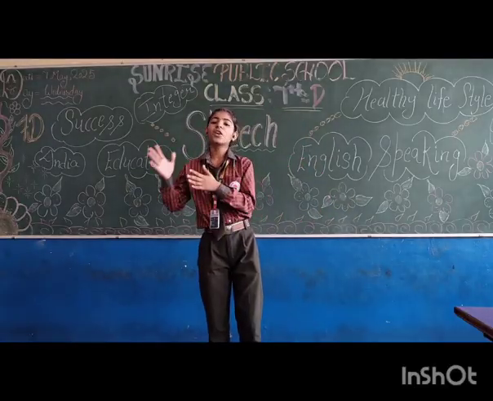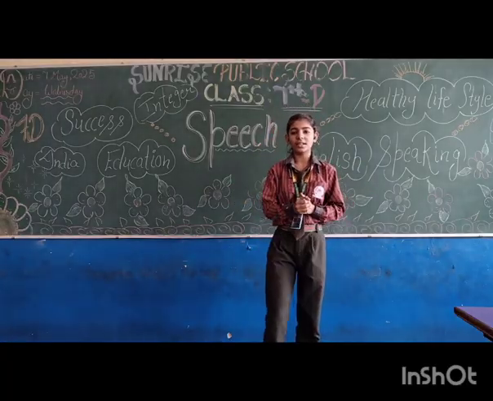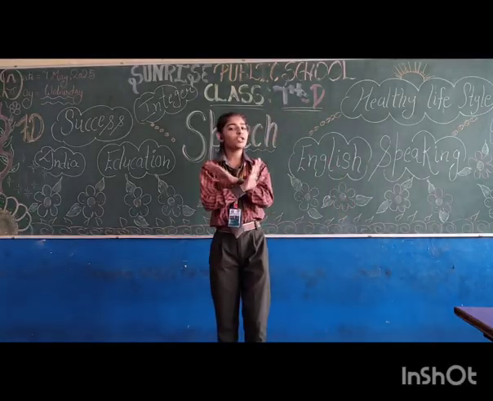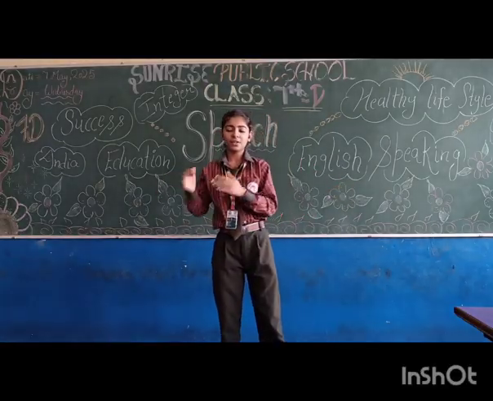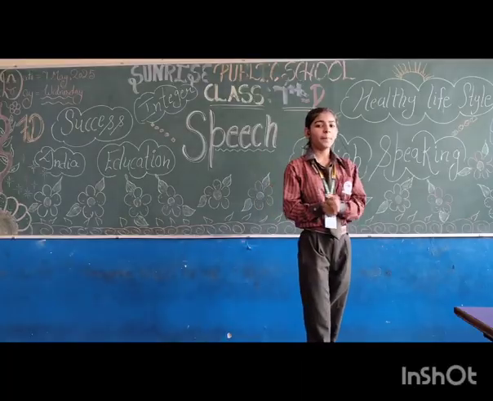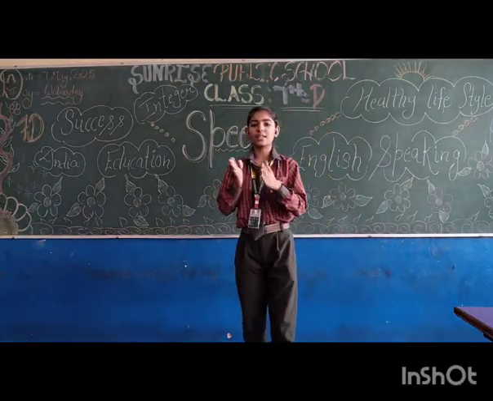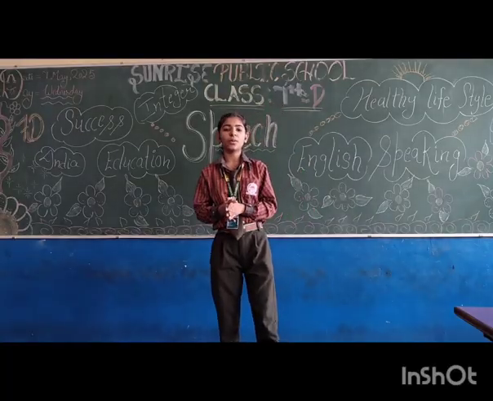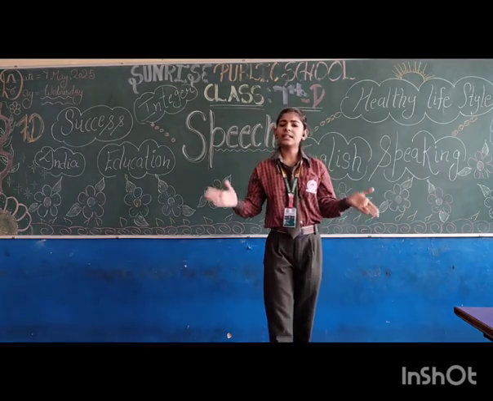Second property, commutative property. If a and b are 2 integers, then a minus b is not equal to b minus a. Third property, associative property. If a, b and c are 3 integers, then (a minus b) minus c is not equal to a minus (b minus c). Now, in subtraction of